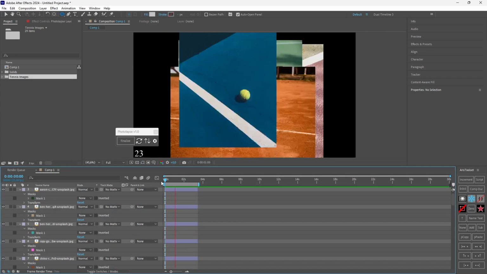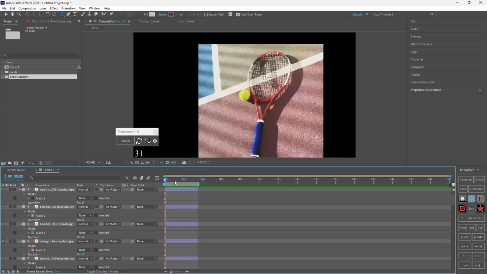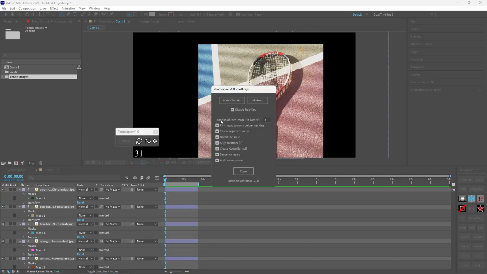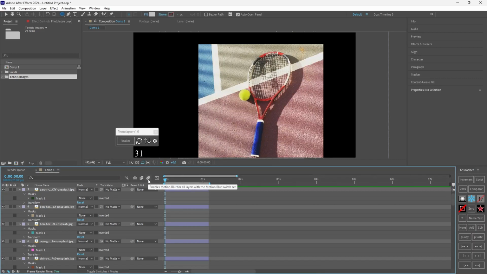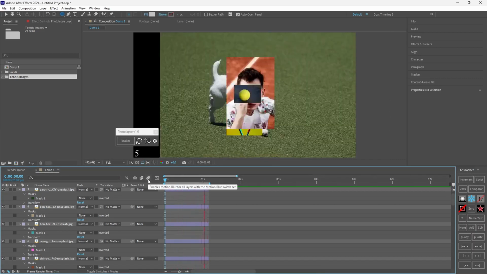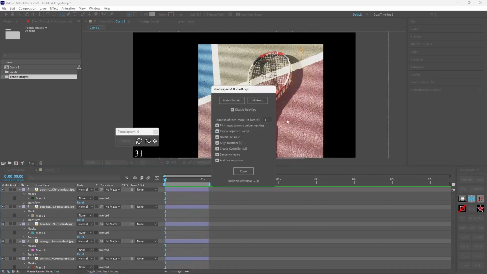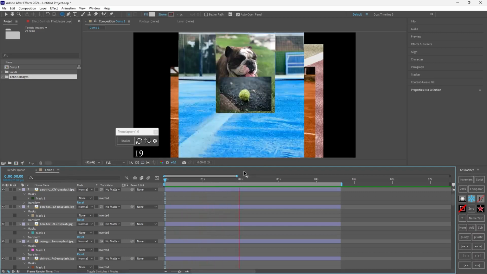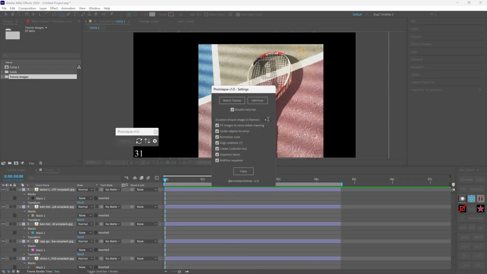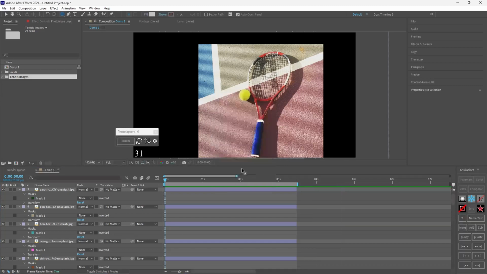Right now, I think the animation is fine, but let's speed this up to see how it looks. We will go to Settings, and here you will see the duration of each image in frames. Now every image is 3 frames, so I will make it 1 frame. I hit Close, and as you can see, it became shorter. I will play this, and it's much faster. I will go back again and set it to 4, and now it's much slower. Let's set it to 3, I think it's the best option here.